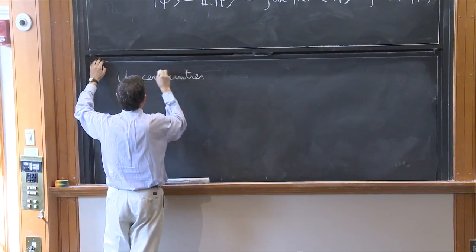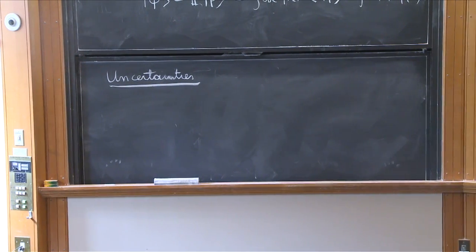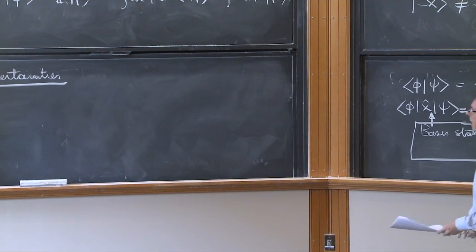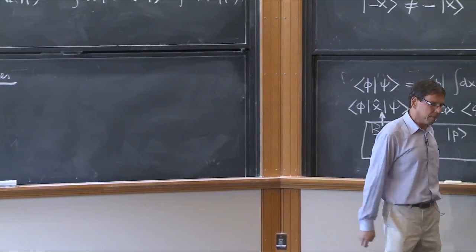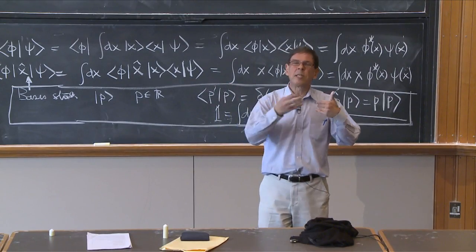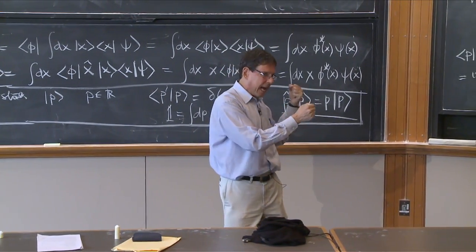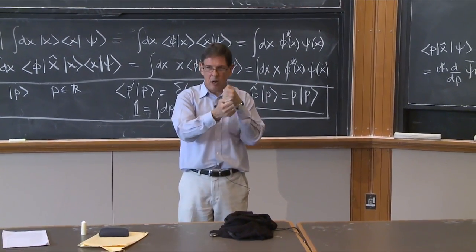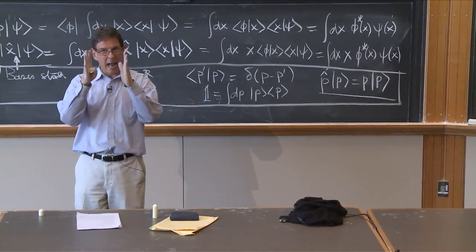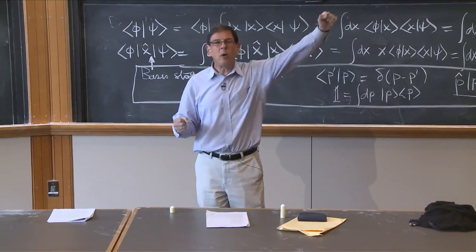Uncertainties. And we will talk about operators and Hermitian operators. So here is the question, basically. If you have a state, we know the result of a measurement of an observable is the eigenvalue of a Hermitian operator. Now, if the state is an eigenstate of the Hermitian operator, you measure the observable and out comes